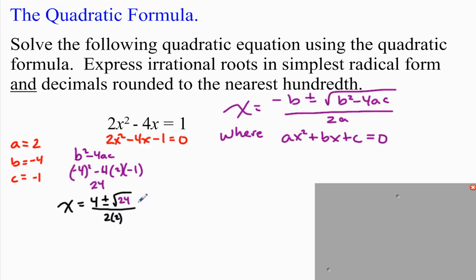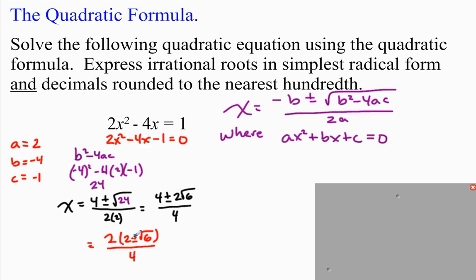All right. So we've made the quadratic formula not too tough here. Now I've just got 4 plus or minus, and that would be the answer right there if I didn't have a way to break down the square root of 24, but I do. I can make it into square root of 4 times square root of 6, which becomes 2 square root 6, all over 4. I see a common factor of 2 in all the terms, so what I'm going to do is factor out a 2 from the numerator